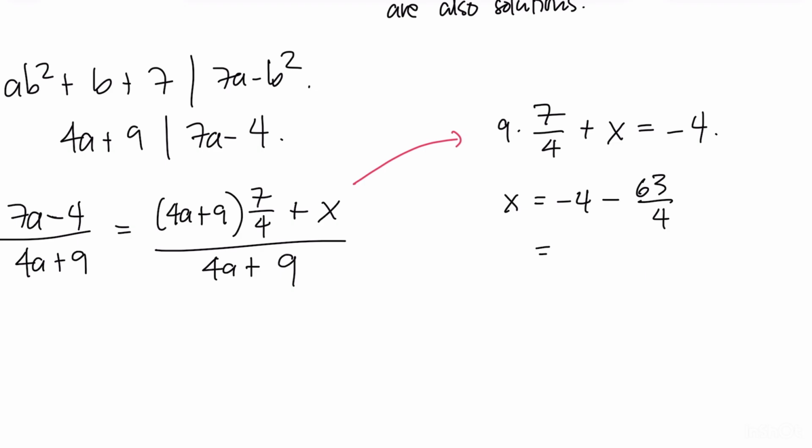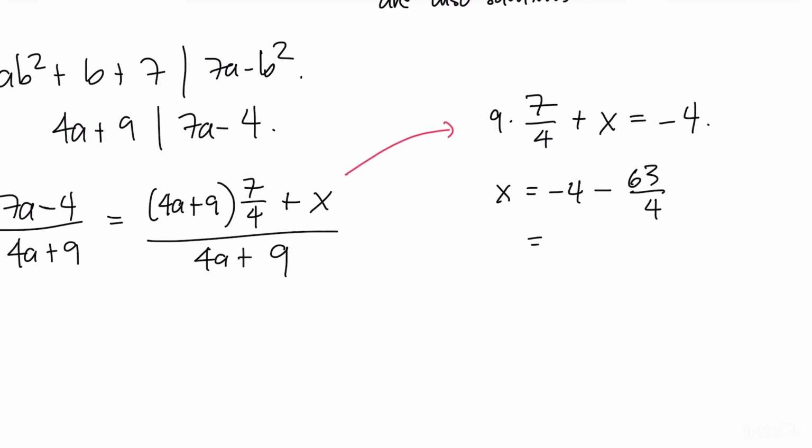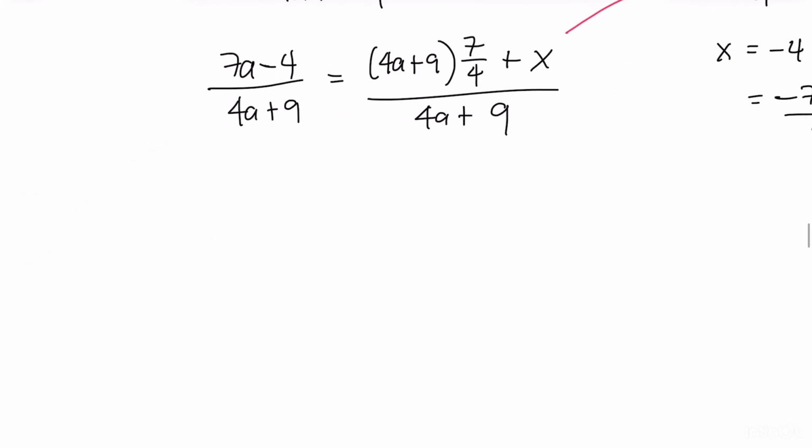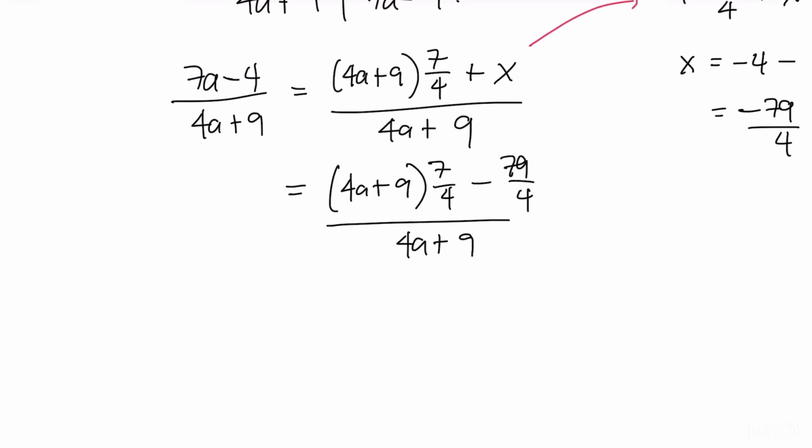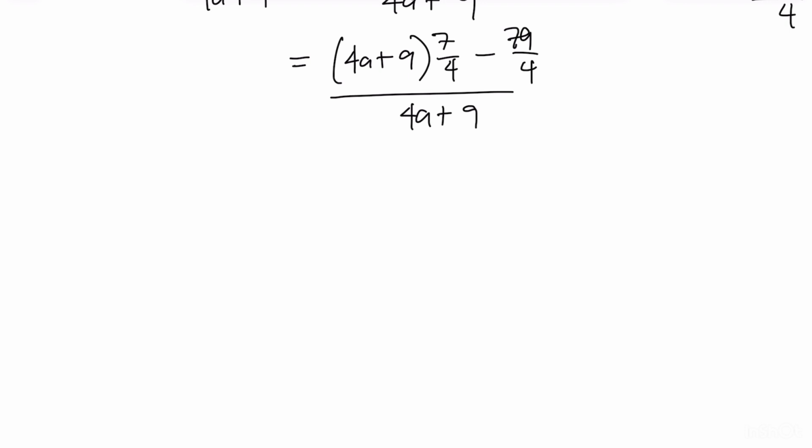So it's negative 79 over 4. So this becomes 4a plus 9 times 7/4 minus 79 over 4, all over 4a plus 9. So this implies that 4a plus 9 must divide -79 over 4,